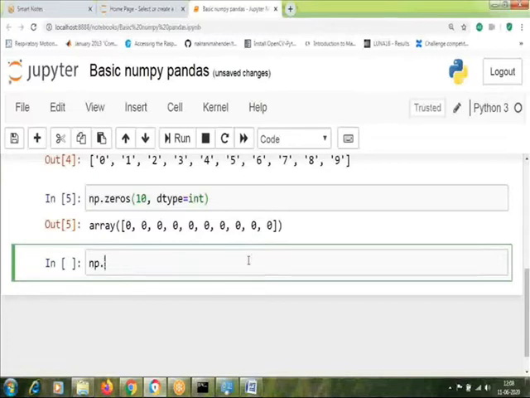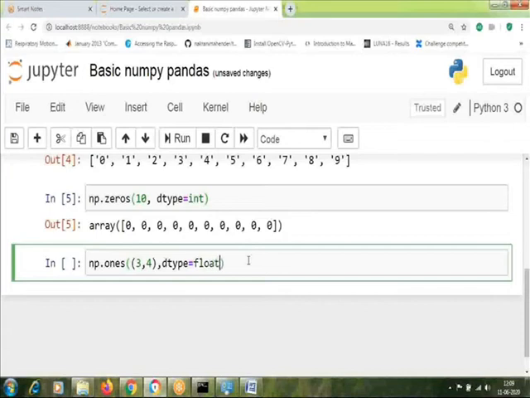Let's say now I'm going to create a matrix using ones, so all the elements in the matrix will be 1. With double brackets, you give the size of the matrix, let's say 3 rows by 4 columns, so 3 comma 4, and then again mention the data type using dtype. Here I'm going to use float.